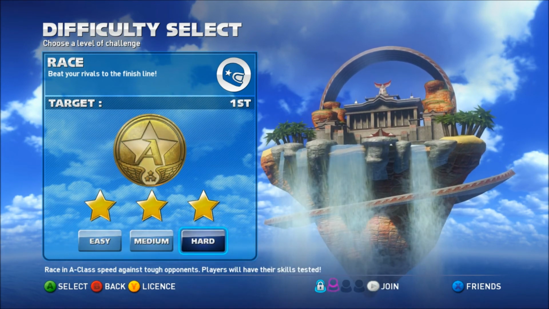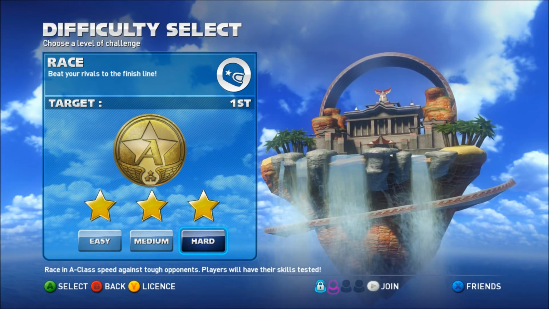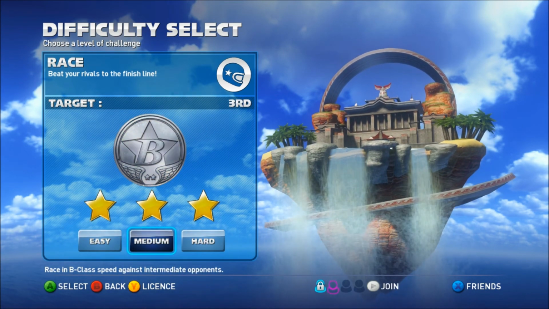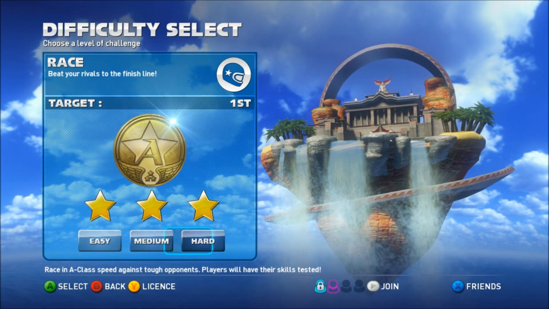The difficulty dictates how many stars you can earn at maximum. So if you completed on hard, you'd earn all 3 stars in one try. Or you could gradually go up from easy, medium, hard. Now, as you go up through the ranks, the game does also get a bit faster. And as you can see at the top, the target for medium and easy is 3rd place, while hard is